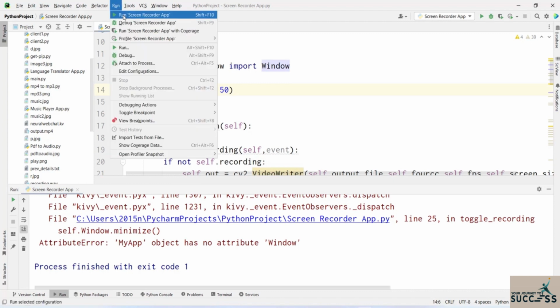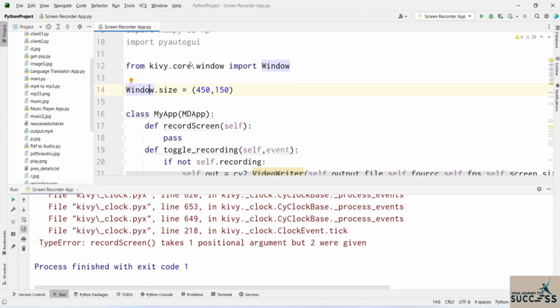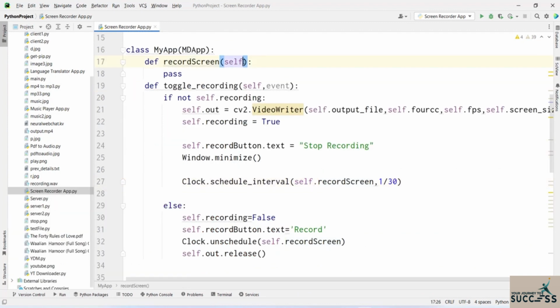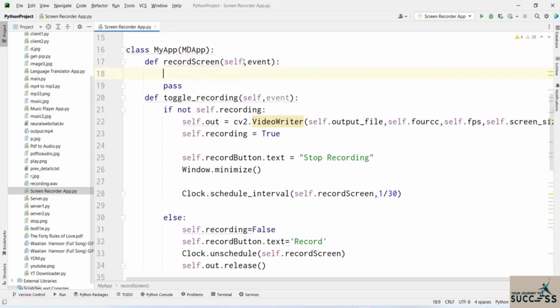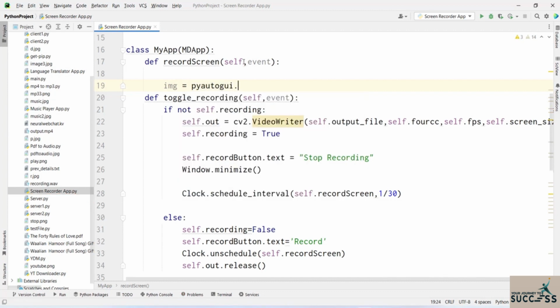Okay, so now let's just execute this code, and now let's just click on the record, and now you're going to see that here we actually need to pass that event. So right in here that is going to be my event. Next, let's just get rid of this keyword pass because we do not need it. And now what I'm going to do is that I'll create a variable image, and I'm going to put it equal to this module, pyautogui, and then I'm actually going to call